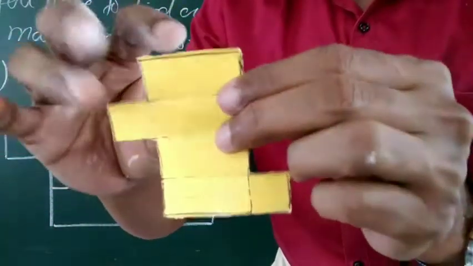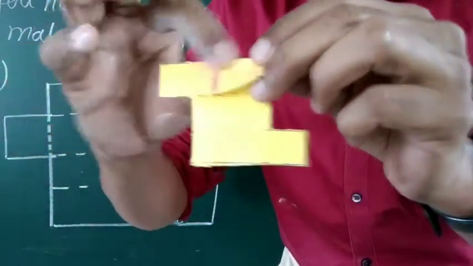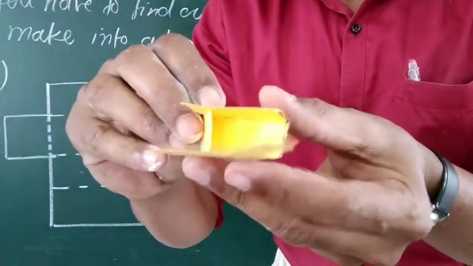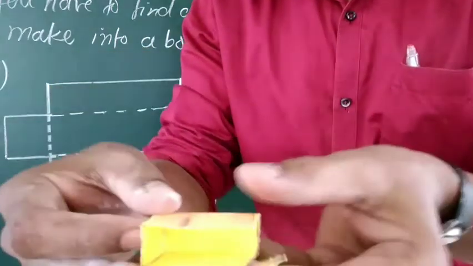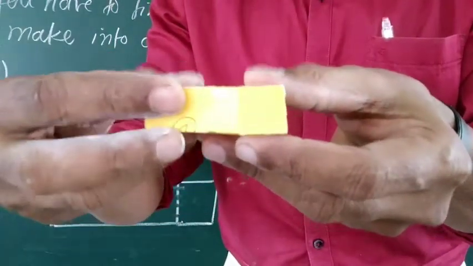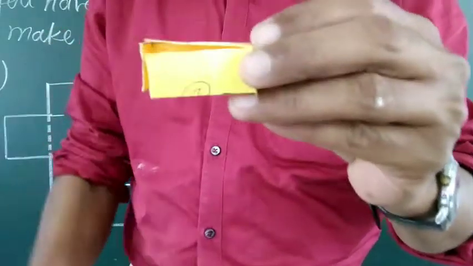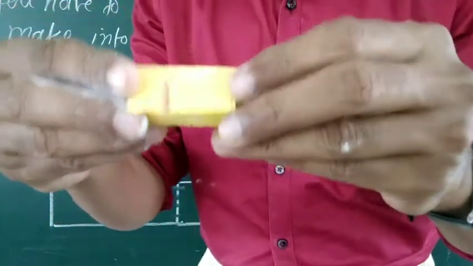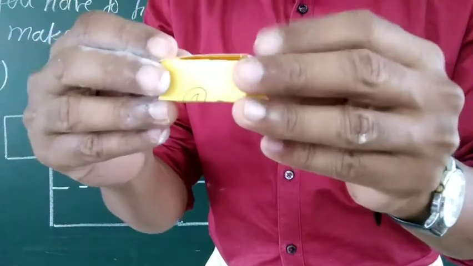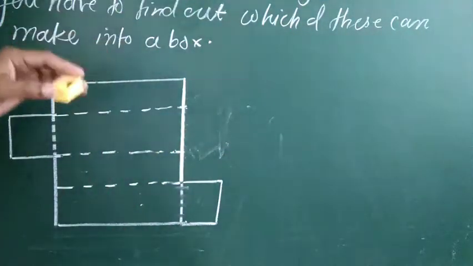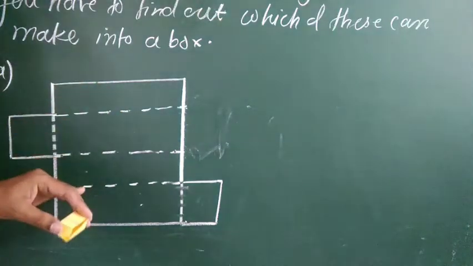So see, we will try to fold it here. Yes, like this. See here. Then from here one more fold, and then again see the fold, and then here again. So see, it is changing into a box. So it is also one type of box, one type of cuboid box here. It is changing into a box here now. Means you can say that this design after folding makes a box.